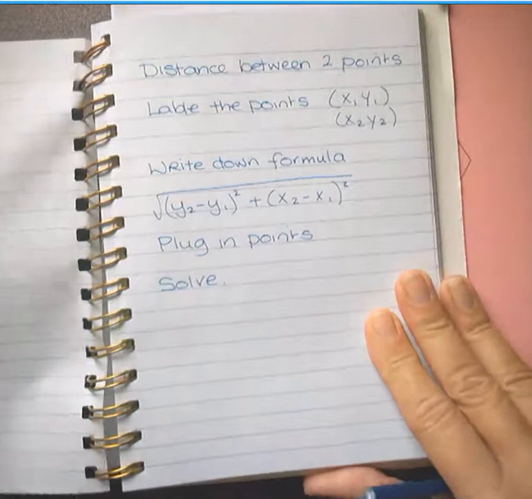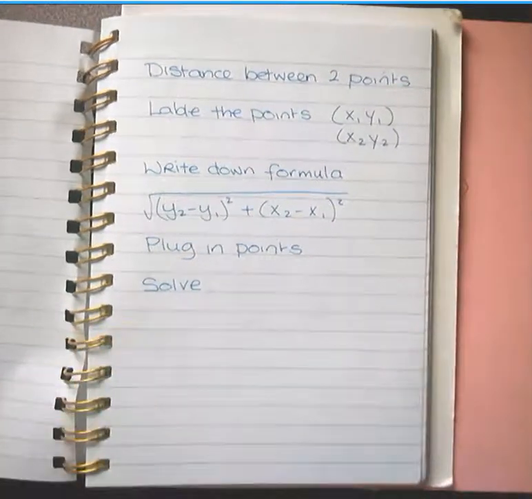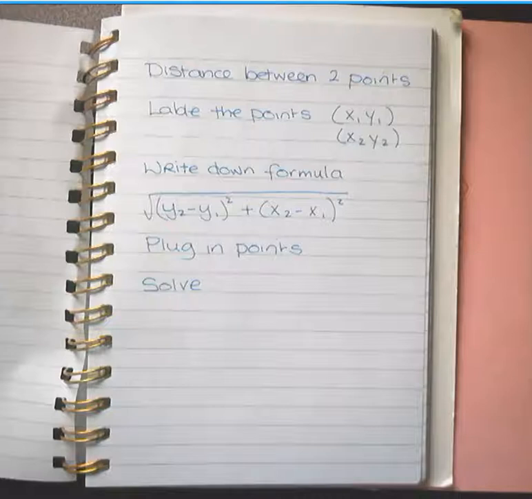Alright, so in terms of the first bit, if you get asked how to plot points on your Cartesian plane, you just have to remember you have to go out the x value, so the first number in your brackets is your x, so you go out that, and then you go up and down your y value, right? And we will do a few examples of them in a minute, but we're going to do distance between 2